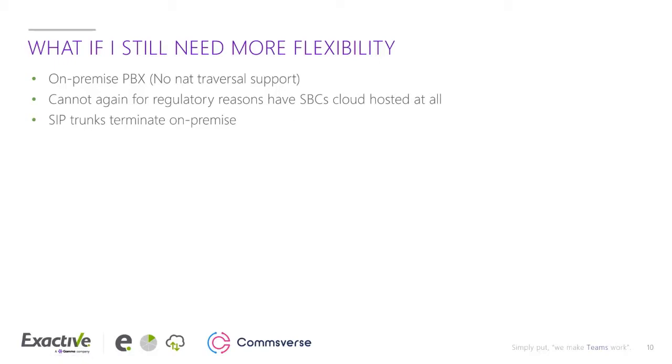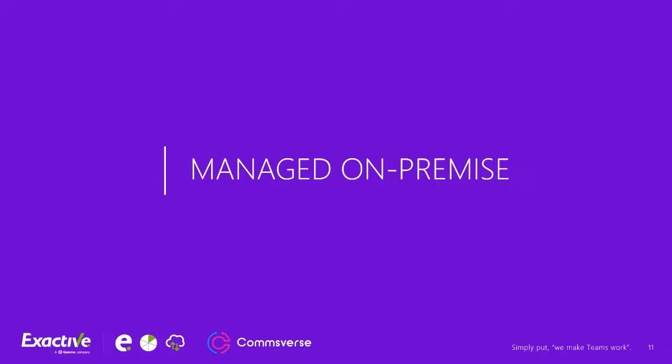Well, again, very similar to before, but instead of a dedicated cloud hosted SBC, it's a managed on premise SBC. So you'd spin up a virtual SBC in your tenancy, or your data center, sorry, and everything would be intertwined and happy in there. So, for example, instead of connecting a SIP trunk between your cloud SBC and your cloud PBX, all you're doing is creating a SIP trunk between your on-premise PBX and your on-premise SBC. The call handling is all the same, which we'll go through on the next slide. And so, again, win for the organisation.